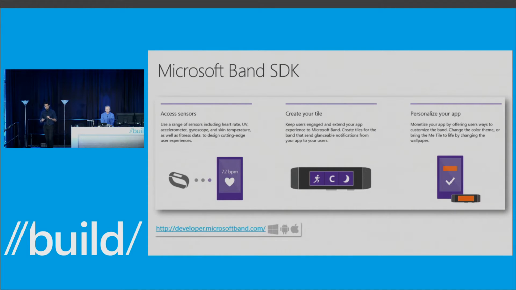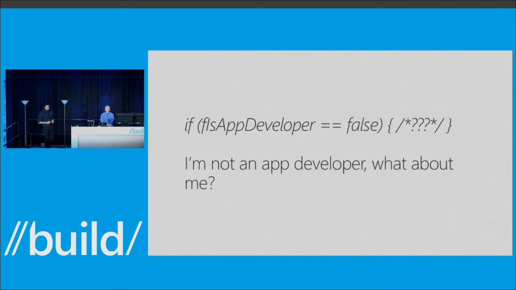The Microsoft Band SDK is currently available on developer.microsoftband.com. It's available on Windows, Android, and iOS. It's in a preview, but we are excited to bring it to you in a full release very soon. If you're not a developer who likes to develop for all different platforms and you instead use Xamarin, we have Xamarin bindings for all of the SDK functionality. We have a portable class library that you can use, and you can just target one set of APIs and generate apps for all 3 platforms.